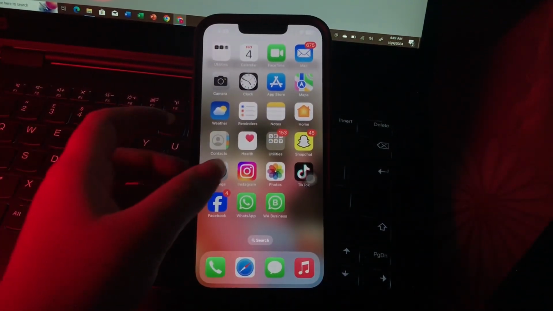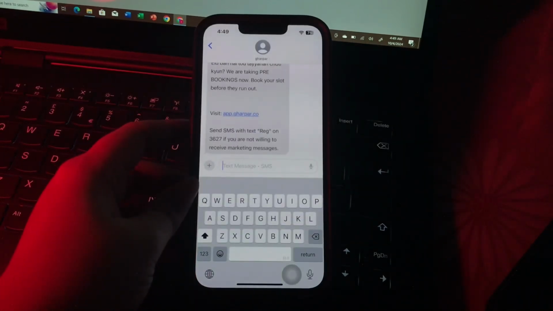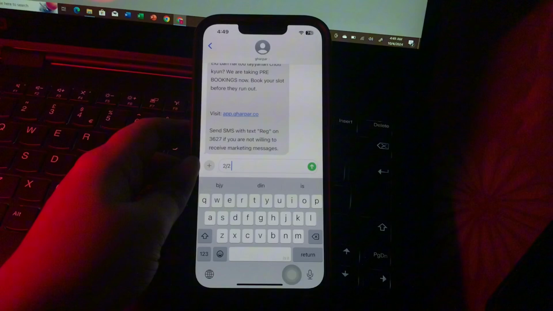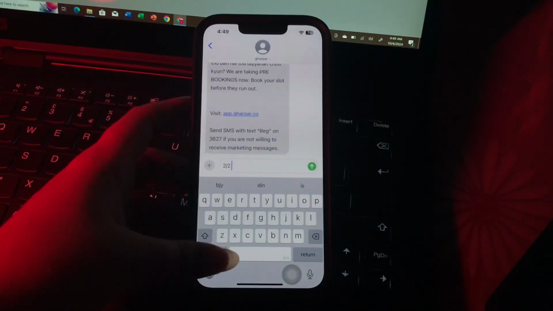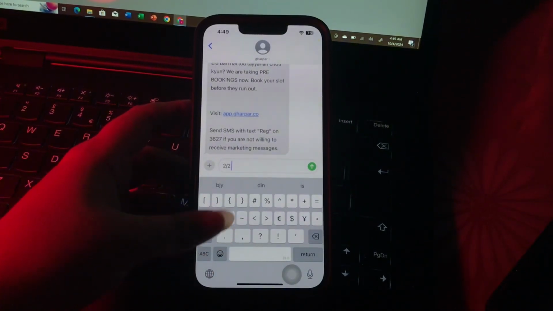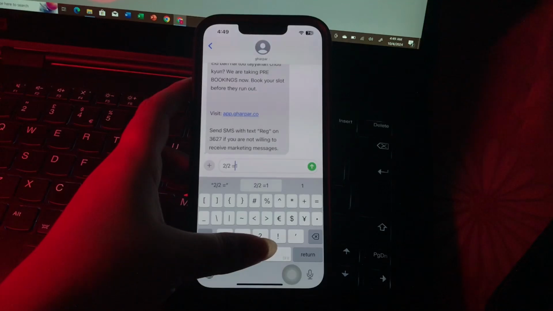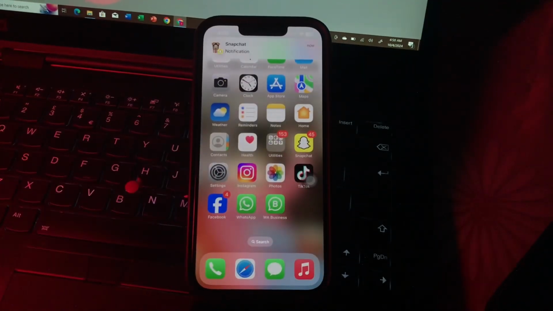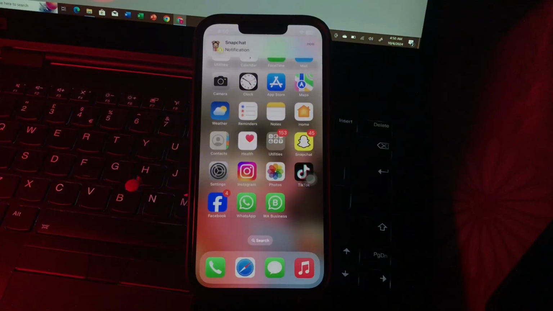Next thing I'm going to tell you is about crunching numbers with math notes. When you type any calculation in the text box, you will see the answer in line. And then add an equal sign after the equation. And you are done. I hope this video will help you to use the new messages features in iOS 18,